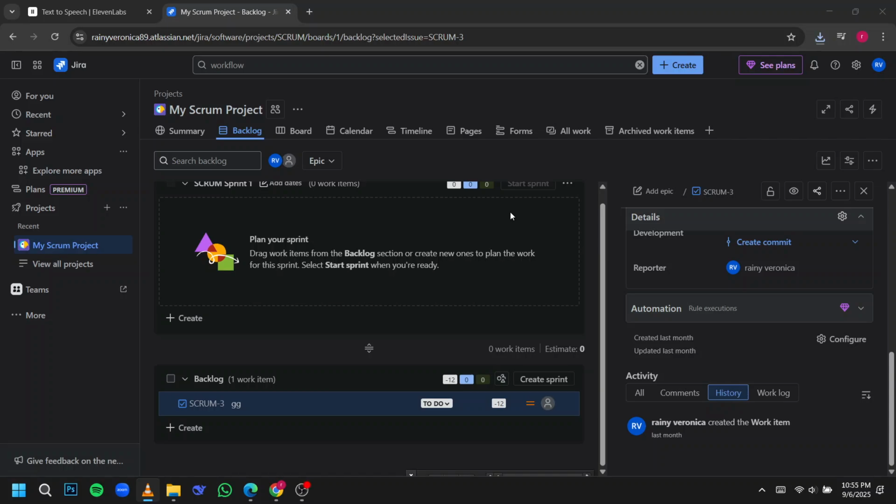In today's video, I'll show you how to view a Jira workflow diagram to better track and manage your projects. Start by logging into your Jira account and navigate to the Your Work section. Select the project you want to focus on, then click on the Issues tab to see all tasks and tickets